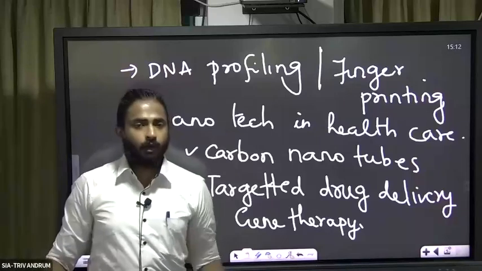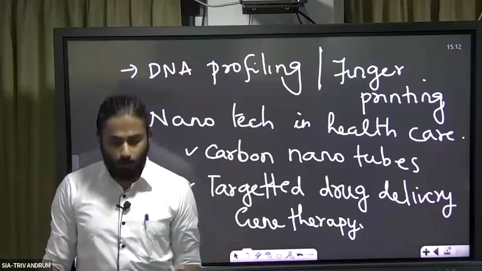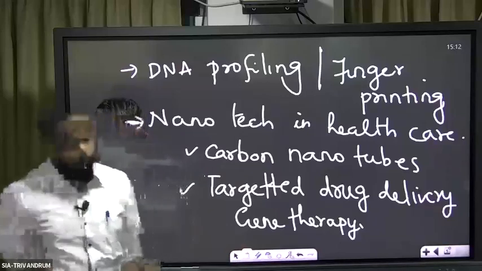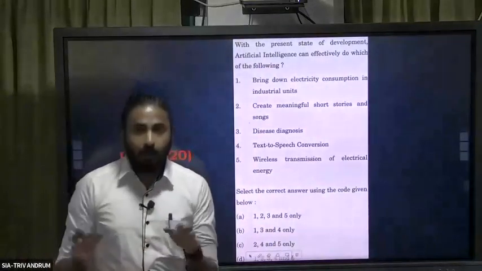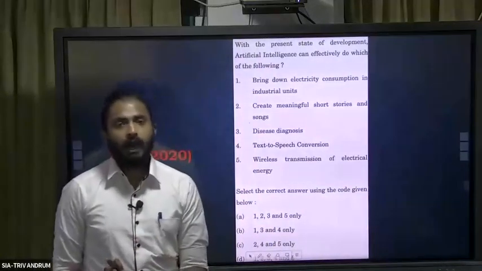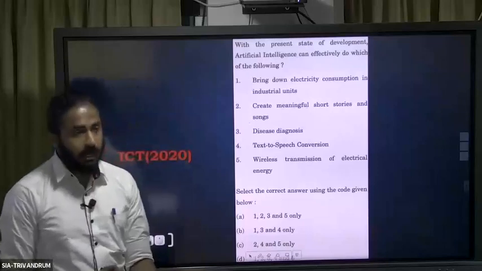Probably, if you're lucky enough, you will get COVID this year. Some aspect of COVID, you should be prepared. So this is what you have to study in biotechnology. Now comes the third segment, ICT, information and communication technology, which is one area,